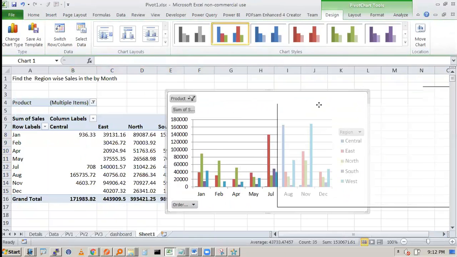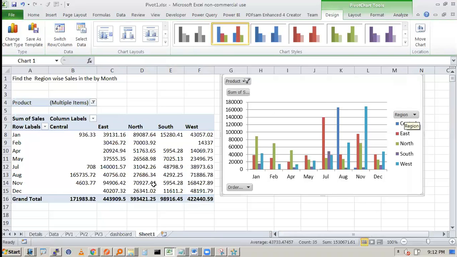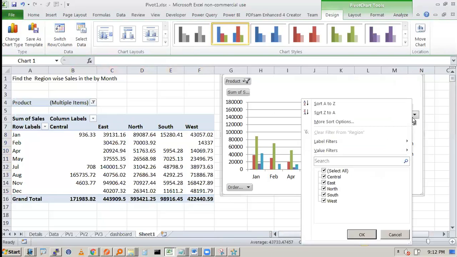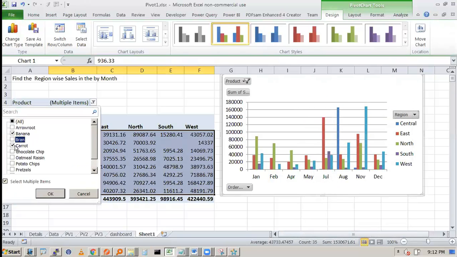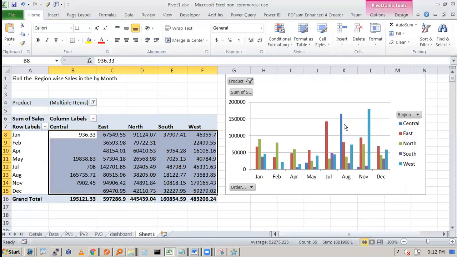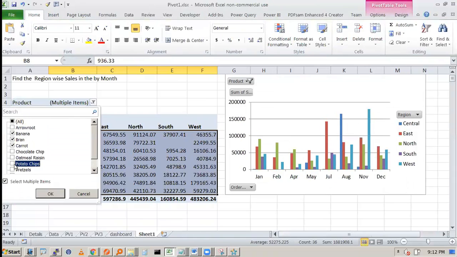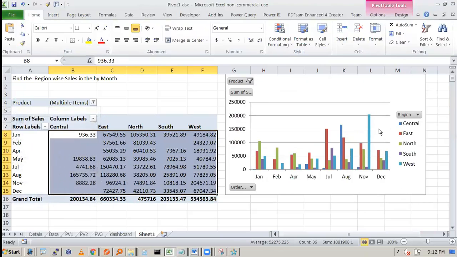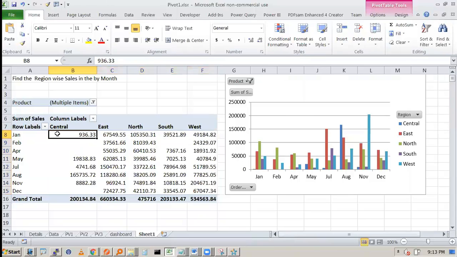You can perform the filter there also, or you can perform the filter here. You selected brand here, so see, the values have changed. You selected potato chips, the value will change. This way the management or analyst can analyze the data and understand where the sales are growing, decreasing, increasing. Then you can apply multiple filters also.